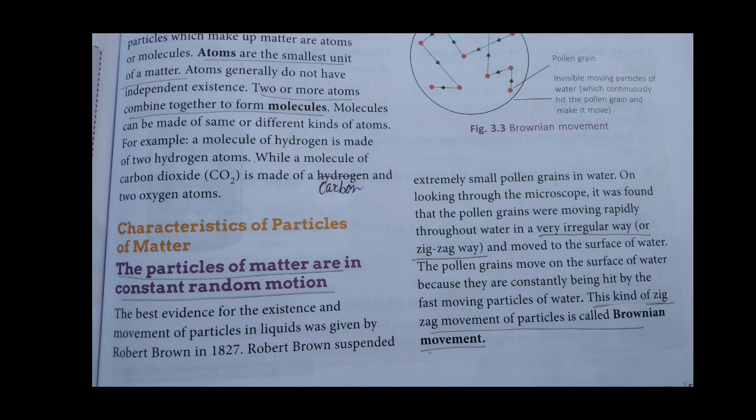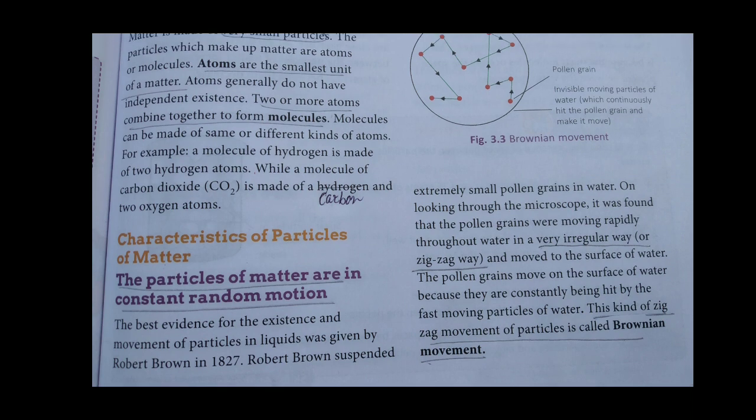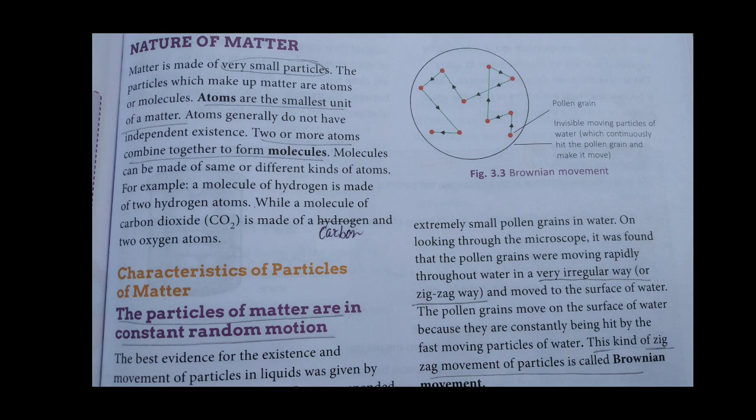Random motion means it is moving very, very fast. The particles are moving very, very fast. You can see the diagram of Brownian movement here, given in figure 3.3. You also have to draw the diagram in your notebook. You see how it is zigzag, zigzag, anything you can make, and you can write it, the Brownian movement,